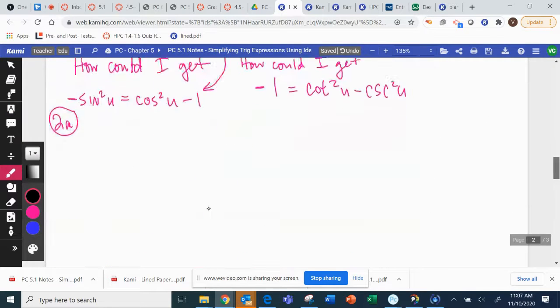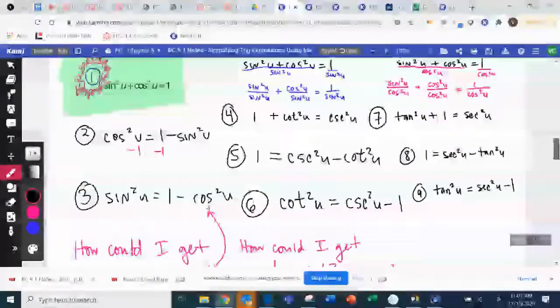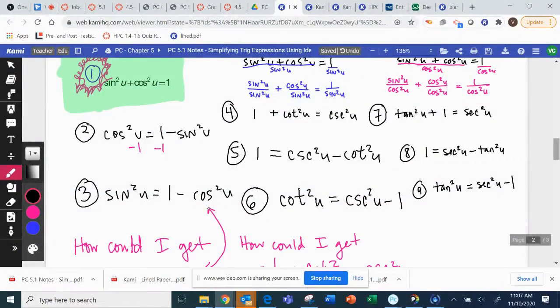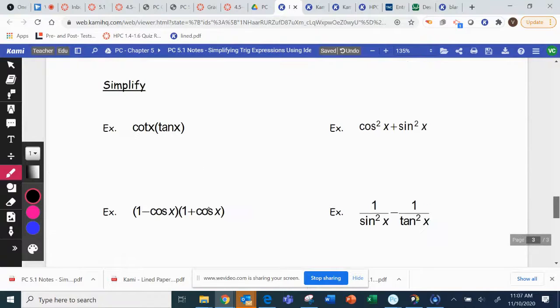All right. So that's not what you're doing in your assignment. I mean, it kind of is, but not exactly. What you're going to do in your assignment is you're going to simplify expressions. We're going to take these down. Our goal is to have one trigonometric ratio if possible. Or actually, some of them aren't even trigonometric ratios. Some of them are just like a number. So I'll just say our goal is one number